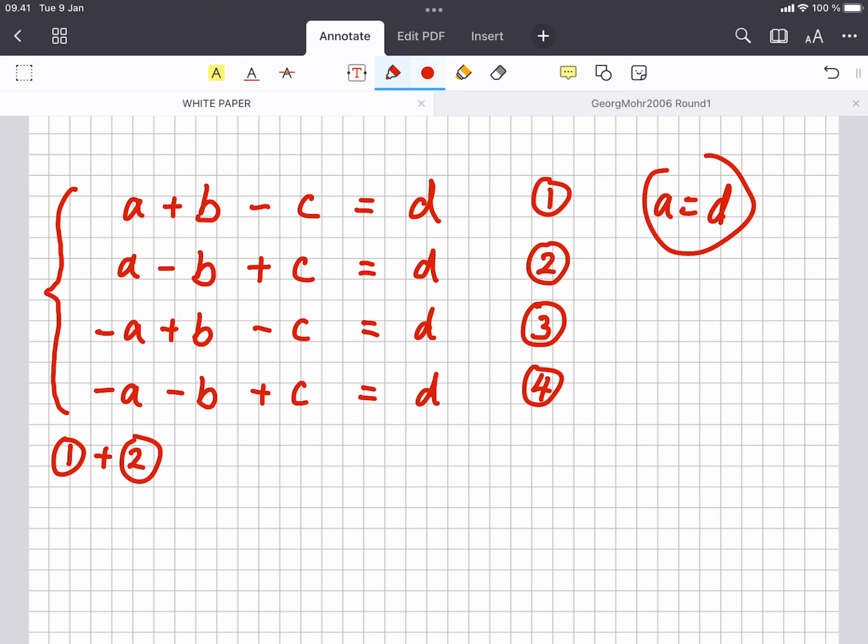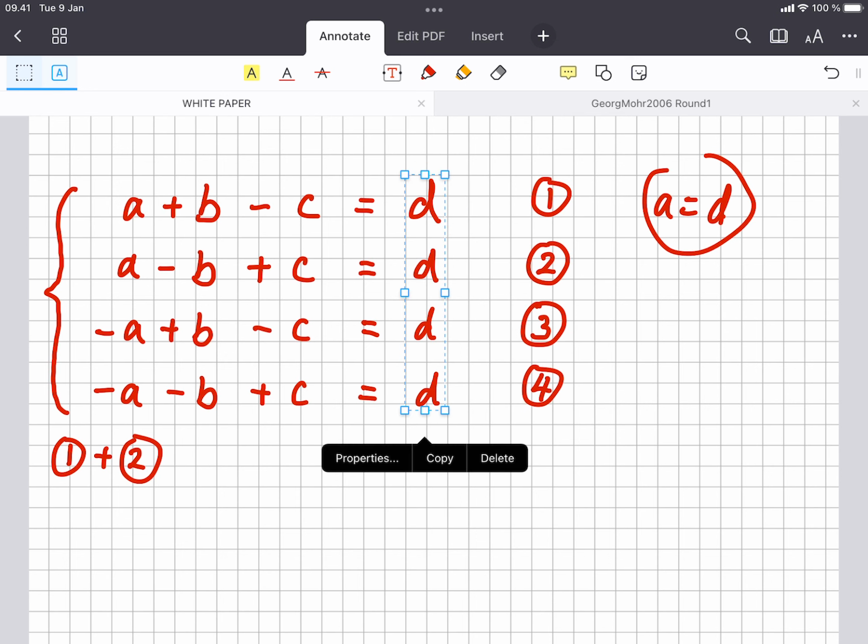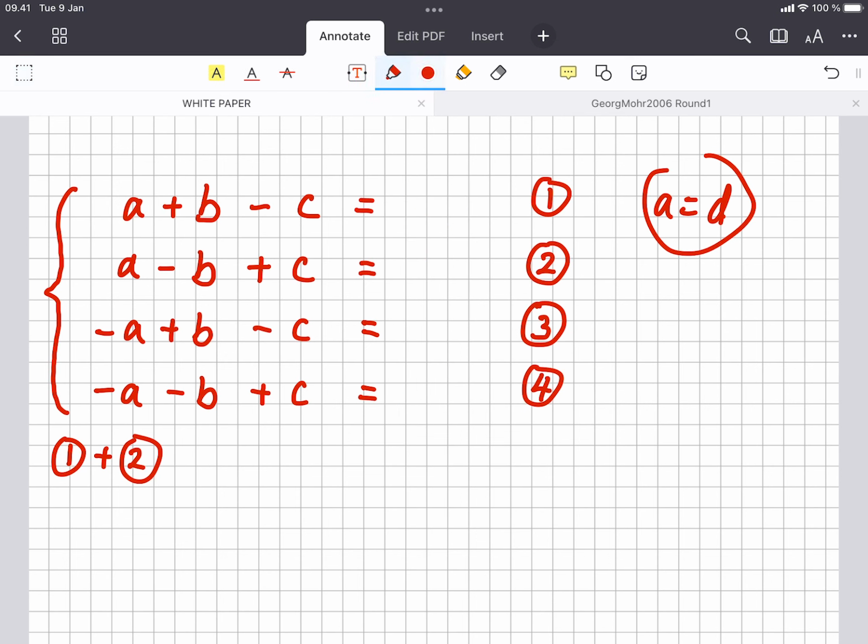And then perhaps I can replace all of the d's with a's to help me simplify the whole system. So I'll replace all of the d's with a's. And then some of these have got a's on the same side. So for example, equation 1 has got an a on both sides. So I can take away the a's from both sides